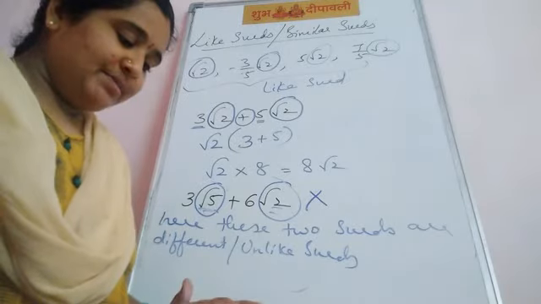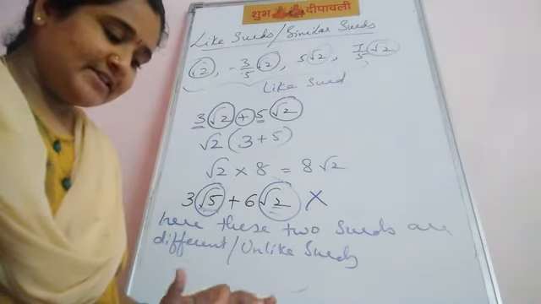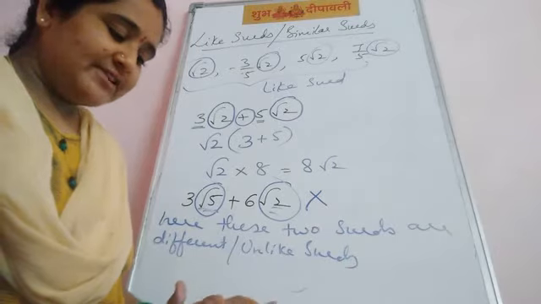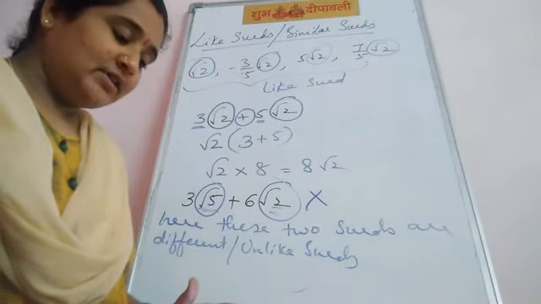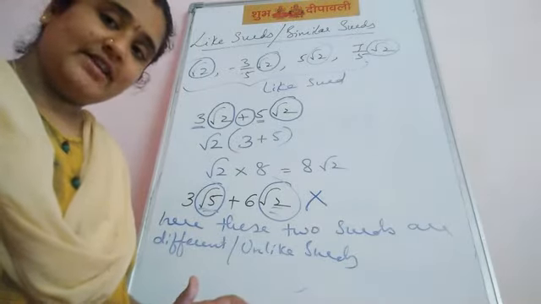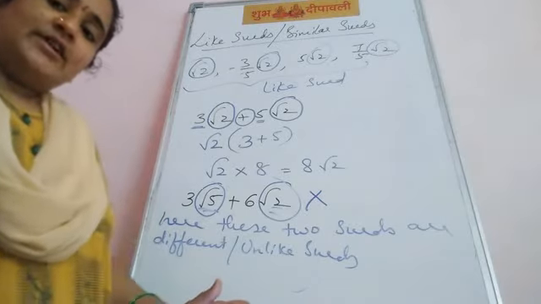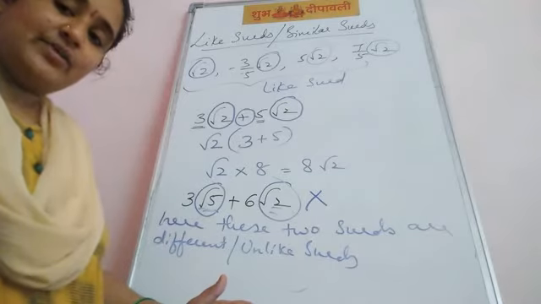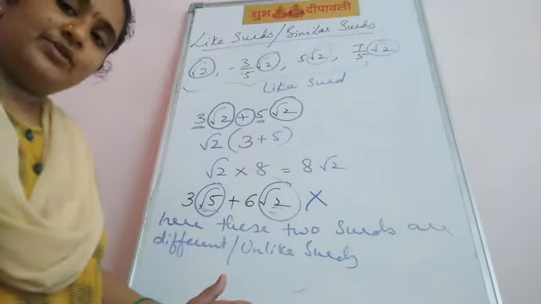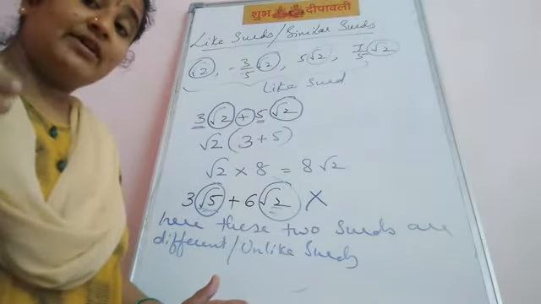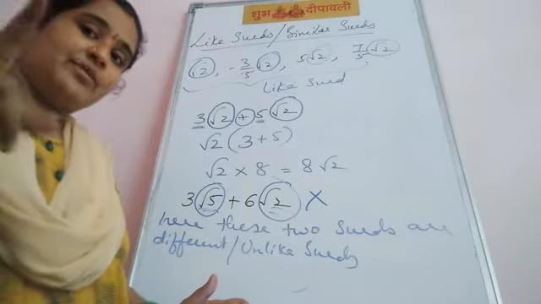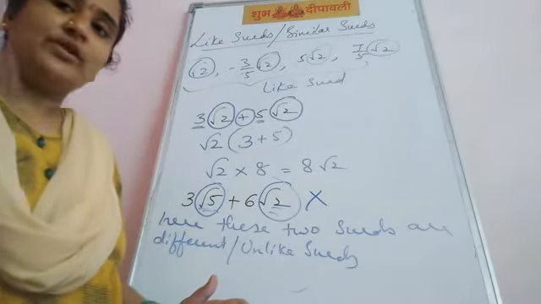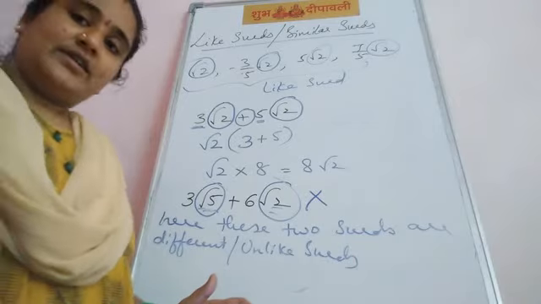Students, on page number 26, the surds topic starts. On page number 26, the definition of a surd is given. If you want to tell the definition in one line, a surd is an irrational root. Examples: root 2, root 3, root 5, root 6 and even root 8 also. If you simplify root 8 to 2 root 2, therefore it is an irrational number.